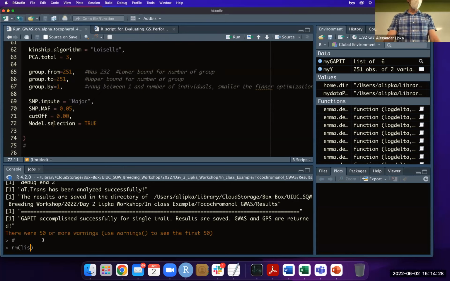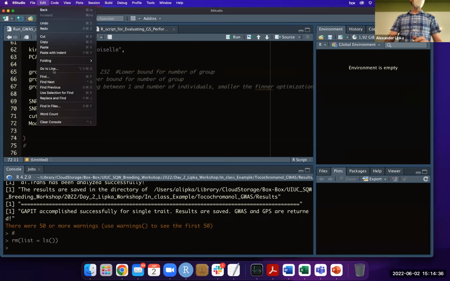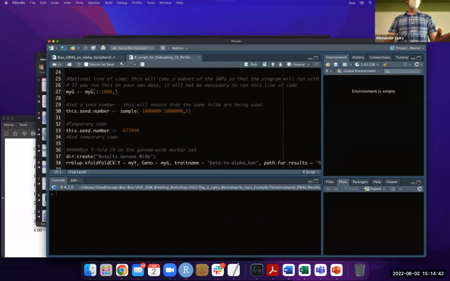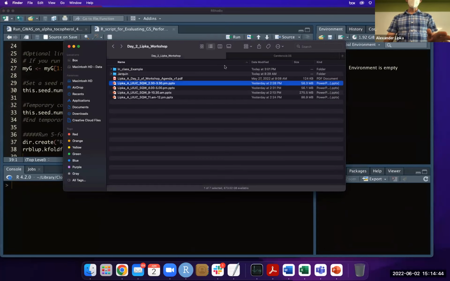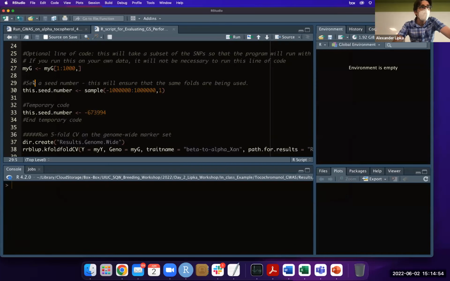So I'm going to do rm(list = ls()). So now I removed every single file that was in the R workspace. And I cleared my console. So we're literally starting from scratch. So here is the folder with your carotenoid genomic selection. Okay, so first thing we're going to do